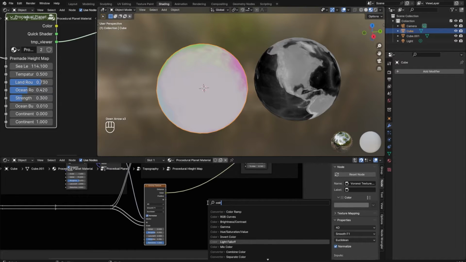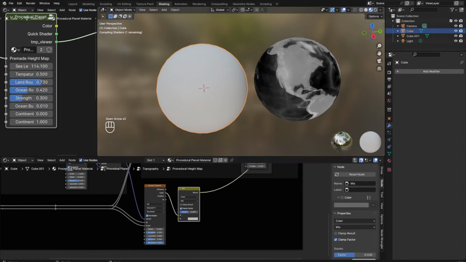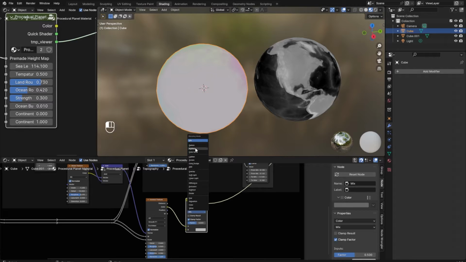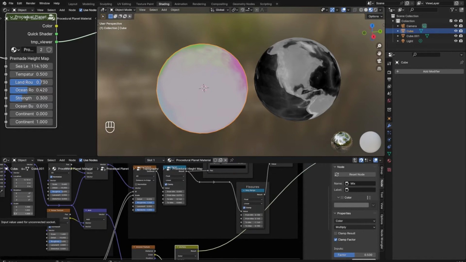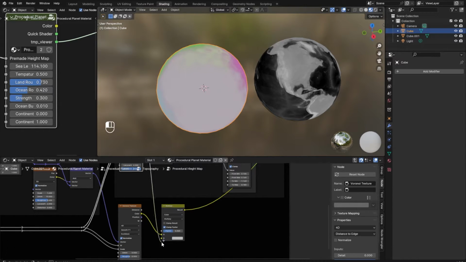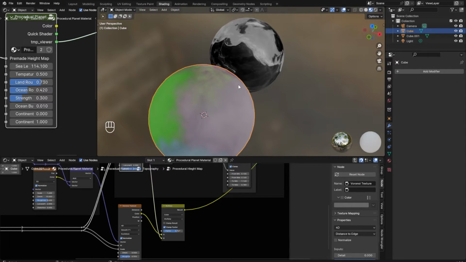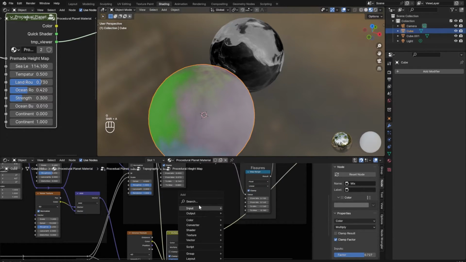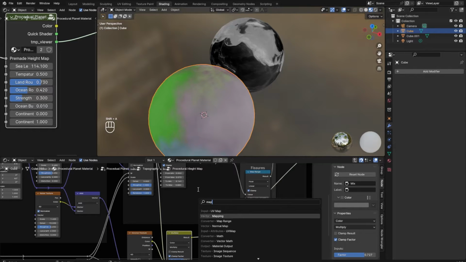A mix color node. Set it to multiply. Plug in the Voronoi texture, the ocean's Voronoi texture, and make the factor a little bit more. So the reason we're doing this is we want to make the land lower as it gets further into the ocean. And then we're going to want a map range node